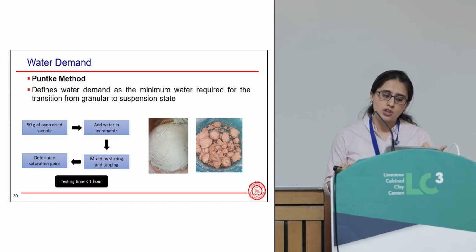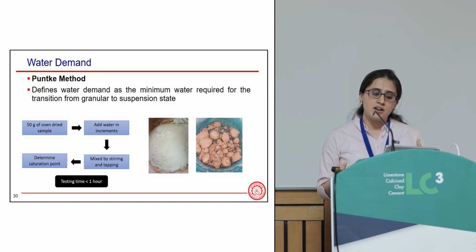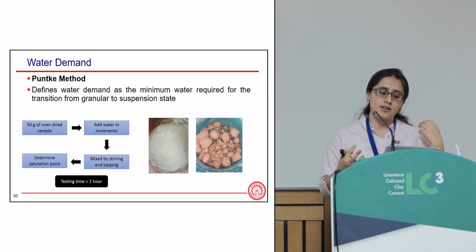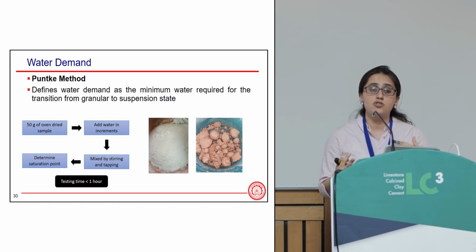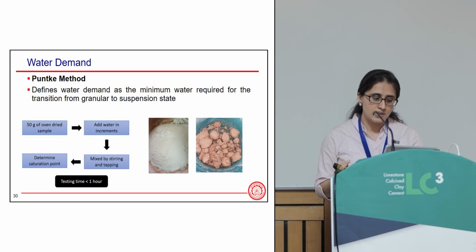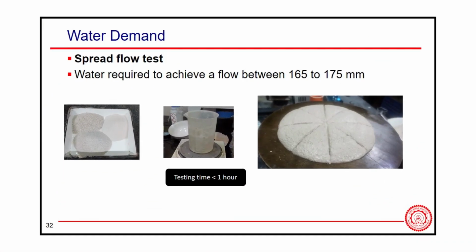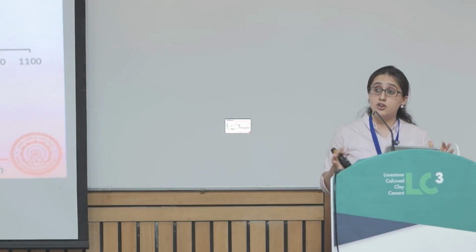We started first with the Punke method. In this method, it defines the water content as the minimum water which is required so that the material will transition from the granular to the suspension state. We also tried the classical method, the same test method that we use to determine the normal consistency. We follow the same protocol. We also used the spread flow test to check the water demand,